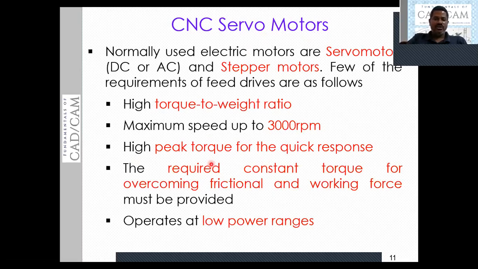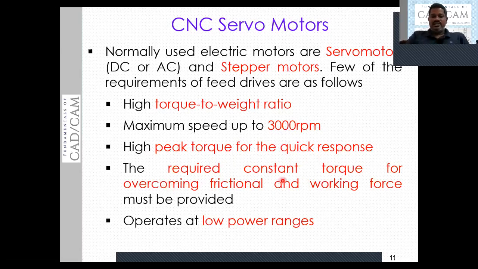Within a short time, we must be able to produce the maximum torque. So that is the meaning of this sentence. It should be able to respond very quickly, and reach the maximum torque within a short span of time.